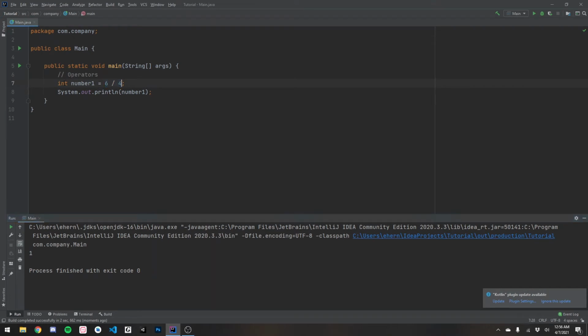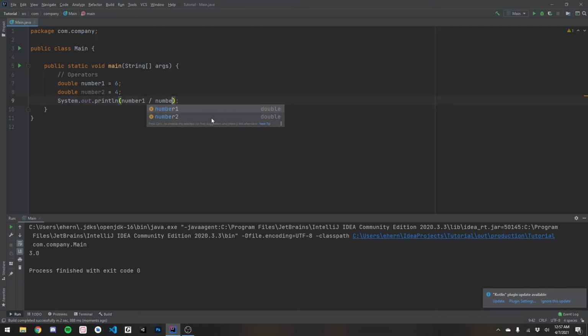And so to fix it, change this to double and then one of these to a 0.0. There's another way that you can do this division though. So I could make another variable of type double and call it number 2 and then set it to 4, remove this, and then make this one type double, and then do number 1 divided by number 2, and then here, without these numbers having a 0.0, it's going to give us the correct